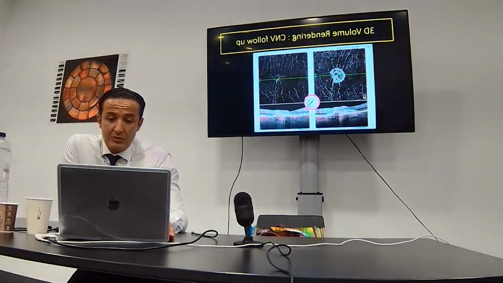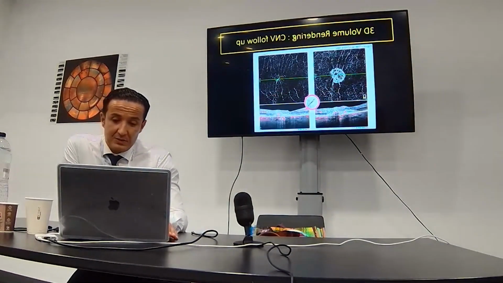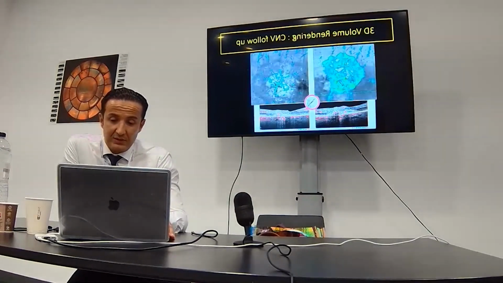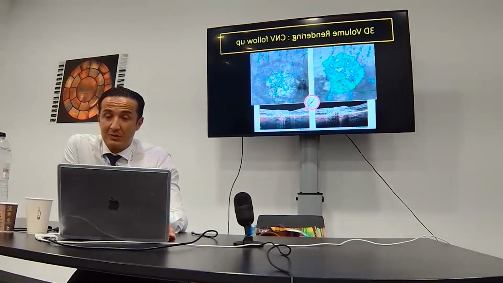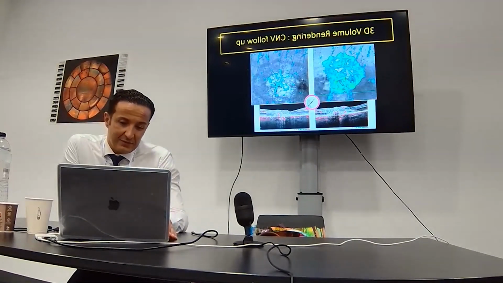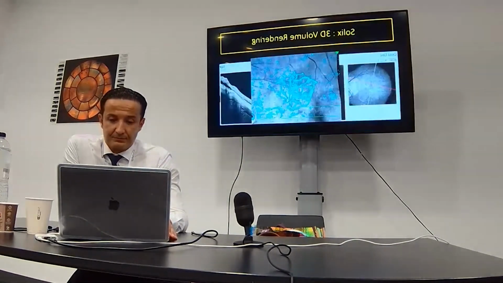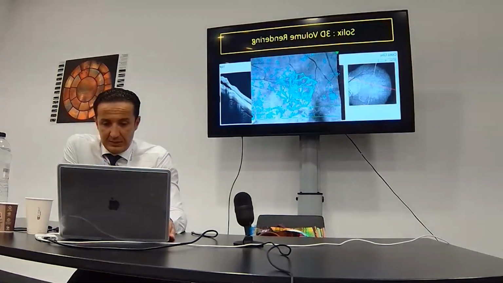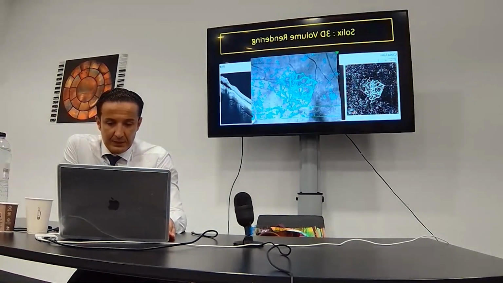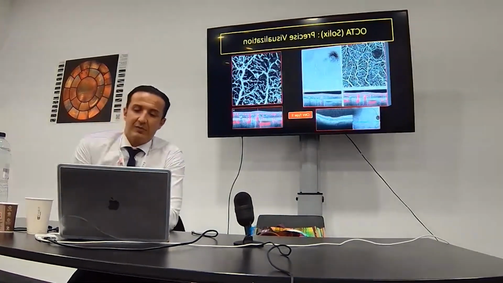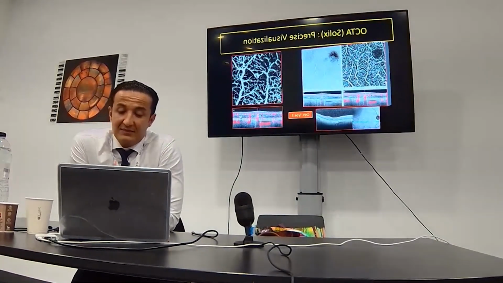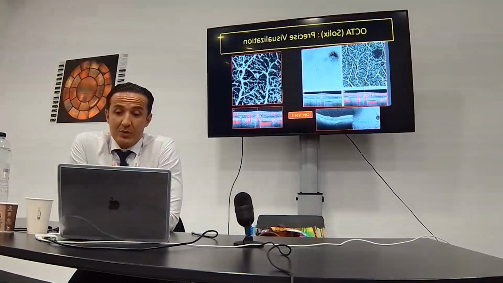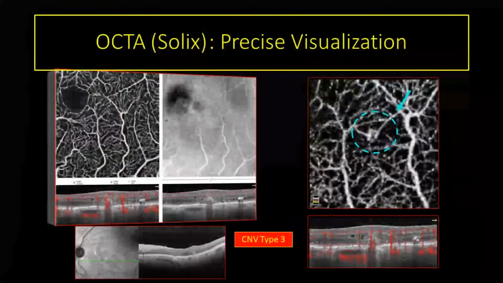And you can follow also this patient here with two-dimension OCT angiography, and in three-dimension we observe a very good vasoconstriction of the CNV after anti-VEGF therapy. Another case of CNV in a myopic patient. And look here, a very beautiful case of CNV type 1 to show the precise definition of